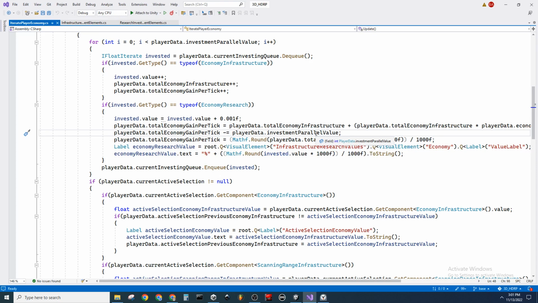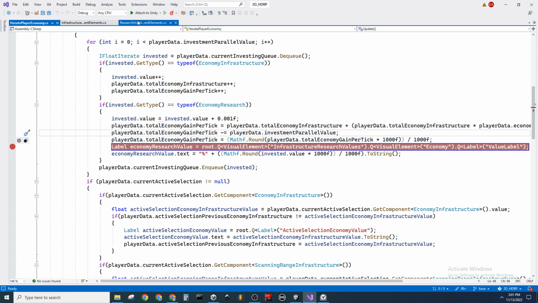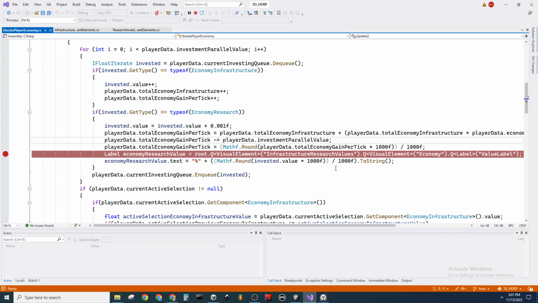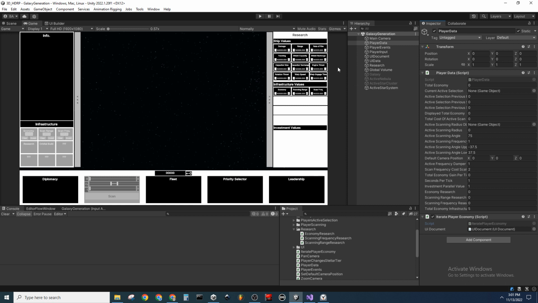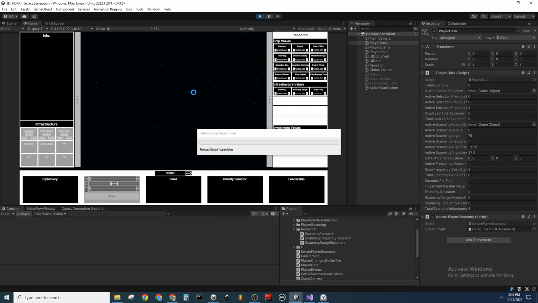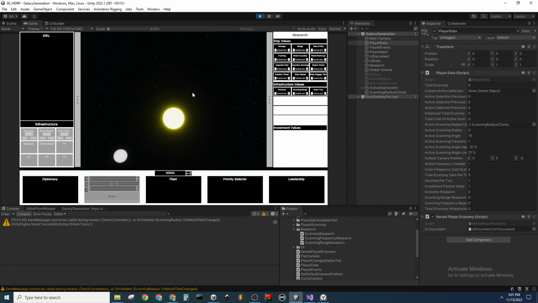And it should actually be reverting it to 5 point whatever, not permanently reducing the total tick value. Although I guess it should matter. I don't think it should matter. So let's take a look here. So okay, so